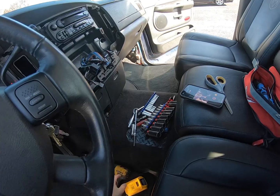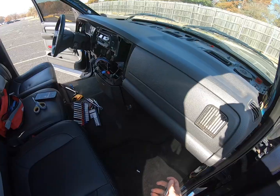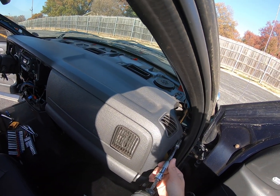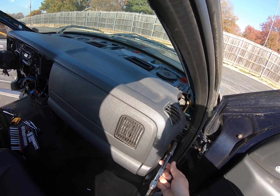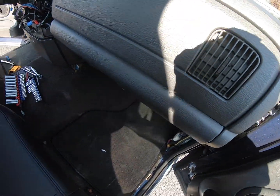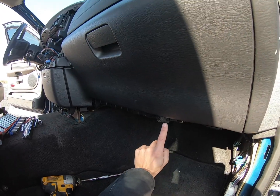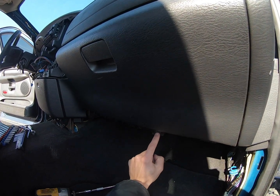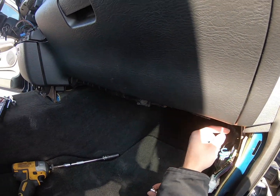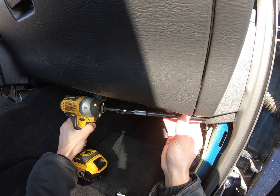I know where all these bolts go, so I don't need to label them, but if you don't, label them. Remember these two? Take that out. Take that out. Put this there. And then this is where things get fun. Now under here you're going to have this one right here. It's a 10. And then right here is another 13. So go ahead and